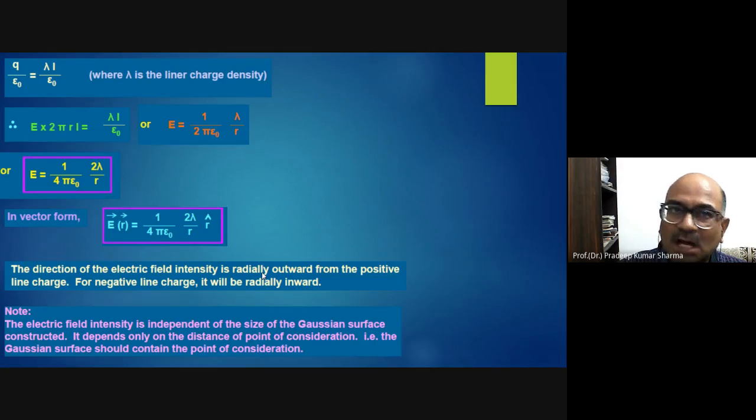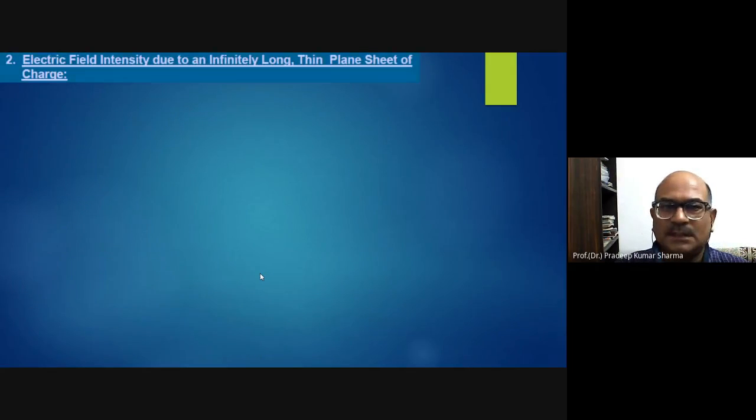Whatsoever the charge, whatsoever the object, whatever thing you are calculating, that should be inside the Gaussian surface. So you should create the Gaussian surface to enclose the charge. That is the important part. So that was the first application. So using that concept of the first application, now we are moving to the second application.